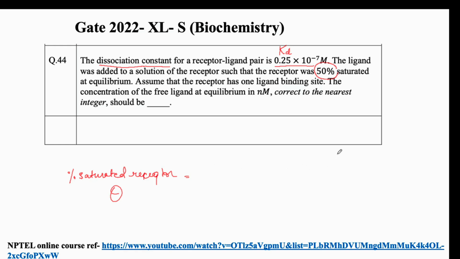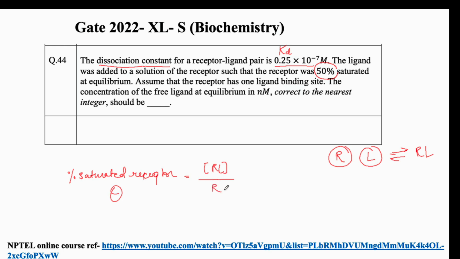suppose we have a receptor R and we have a ligand. If the ligand is bound to the receptor, at equilibrium it will give us RL. So this is the bound form. So percent saturated receptor theta is given by the concentration of this bound receptor by the ligand upon